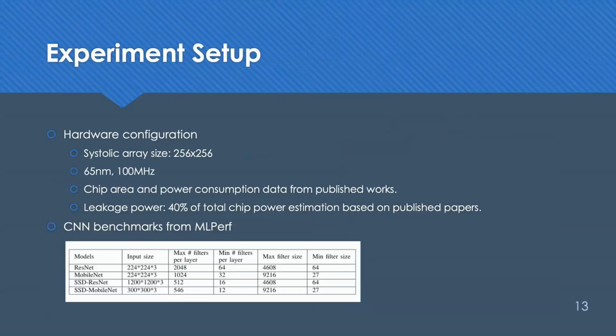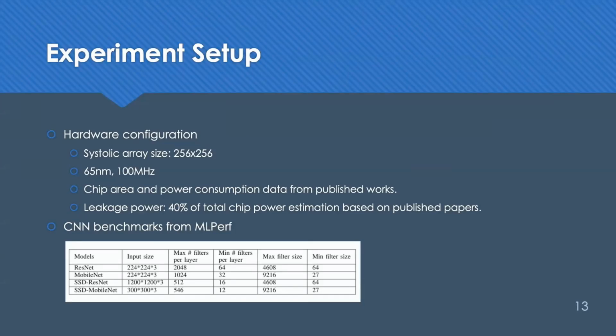We utilize the proposed power modeling framework to assess the performance of the proposed PDN architecture and control policy. We consider a 65 nanometer 100 MHz accelerator with an array size of 256 by 256. The chip area and power consumption data are from published research. We assume leakage power to be 40% of the total chip power based on published papers. As for neural networks, we used models from MLPerf, which are selected to well represent both light and heavy CNN